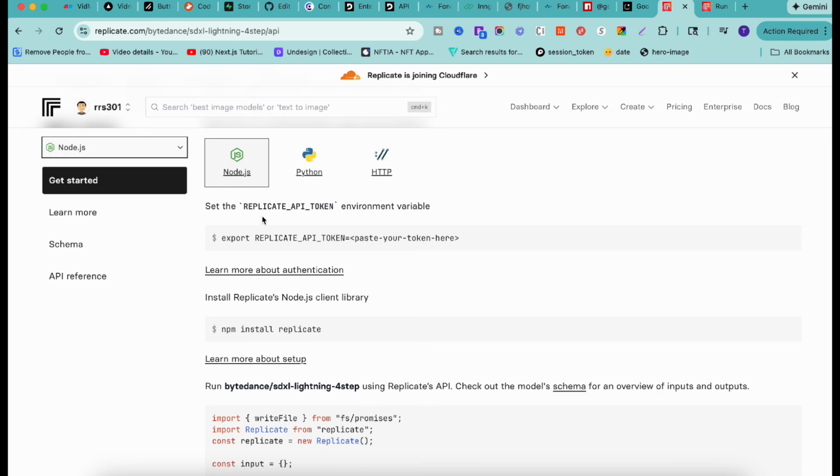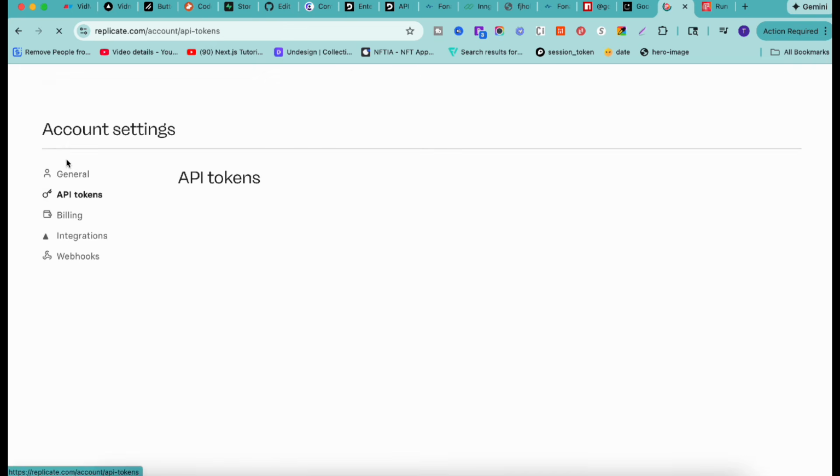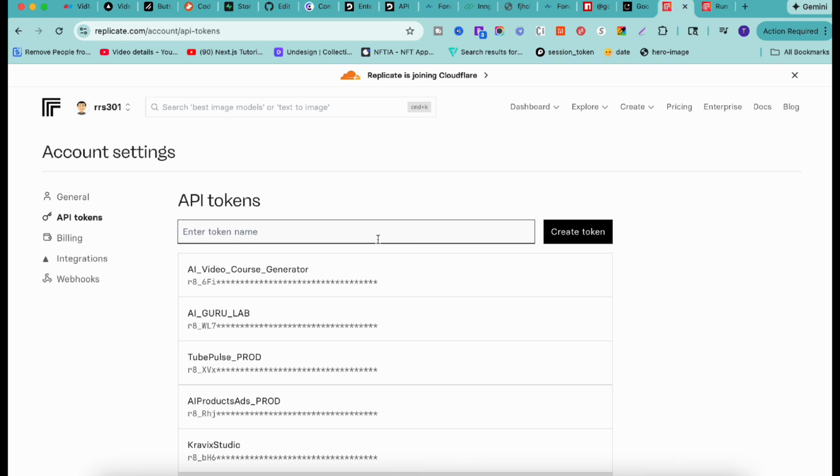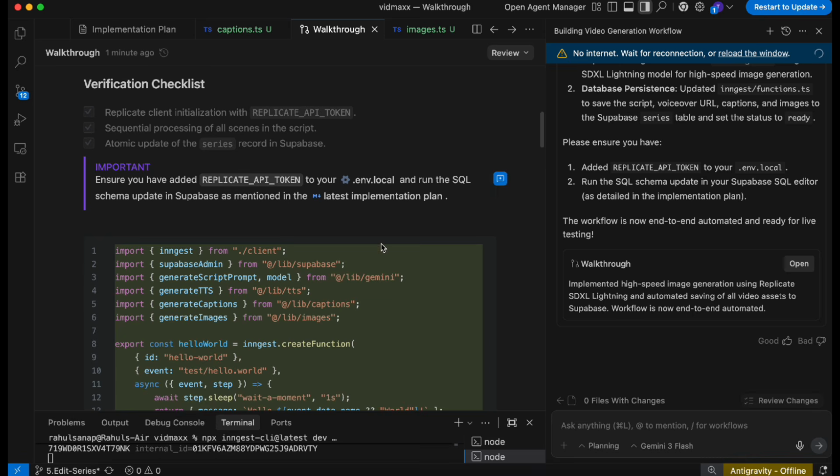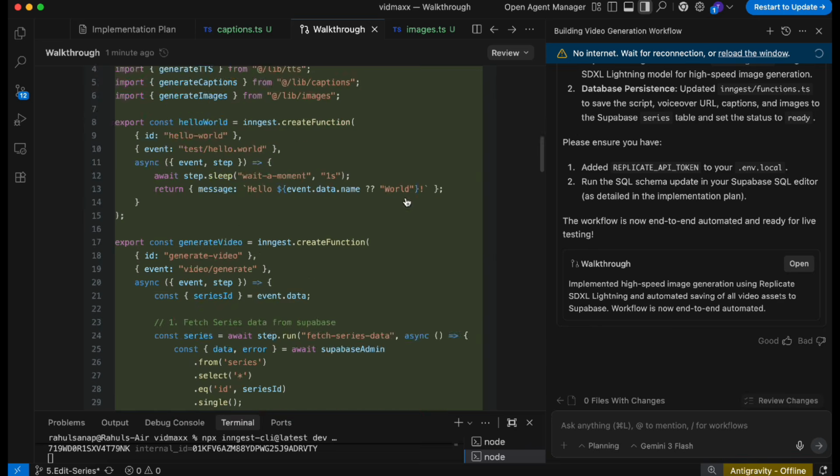In order to generate the API token, simply go to Replicate, go to your API tokens, and there you can create a free token. I can give the token a name and then click create token. Copy this token, go back to your .env.local file and paste it. After this, if you scroll down,